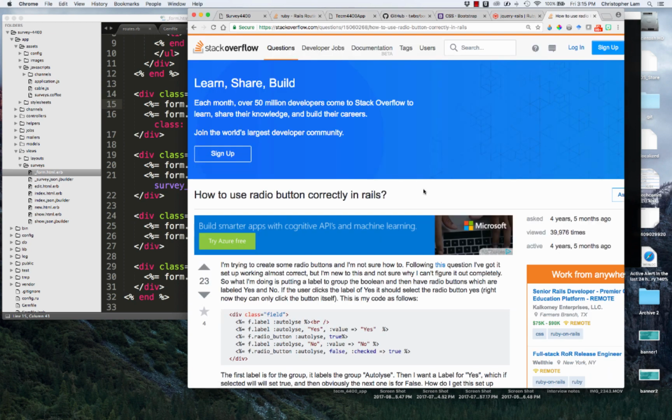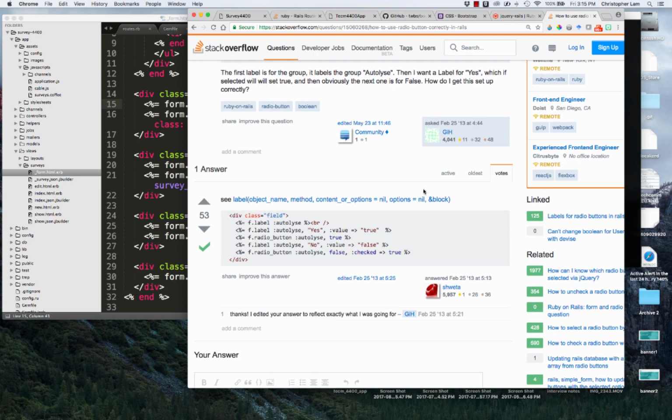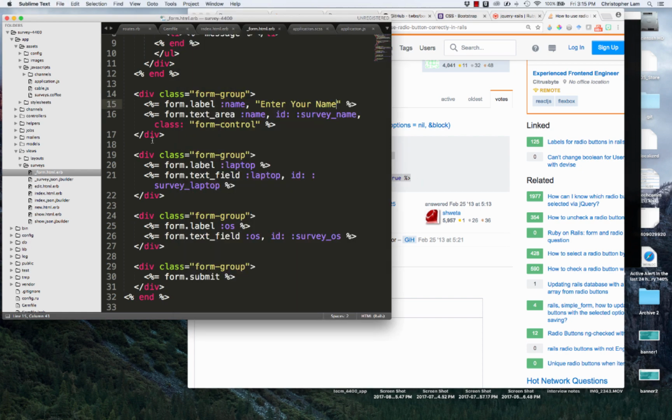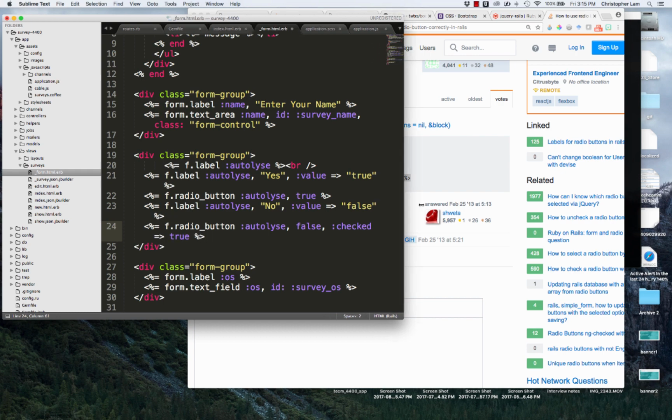I really like Stack Overflow as opposed to some of the other documentation, because the check mark tells you whether it worked or not, and so that's super helpful. So I'm just going to use this radio button example, and I'm going to change some of the variables. So our variable now is laptop, so that's good to know. All I did was replace it and copy and paste this